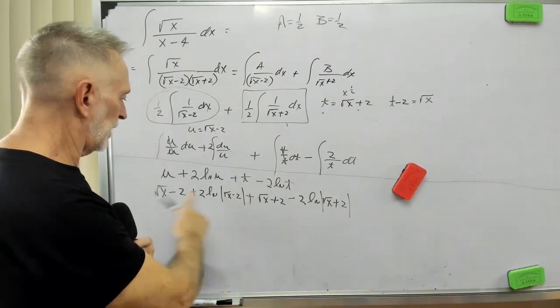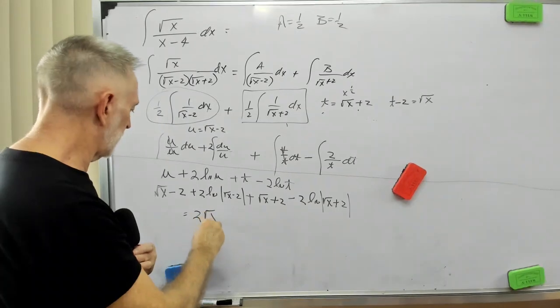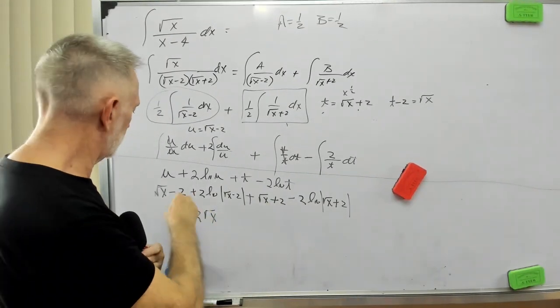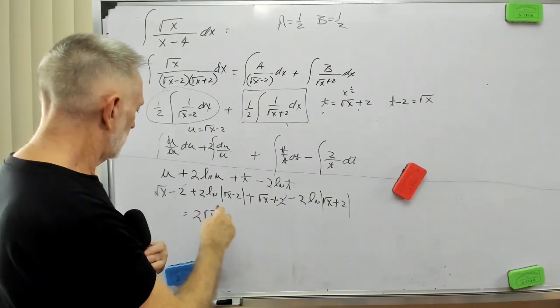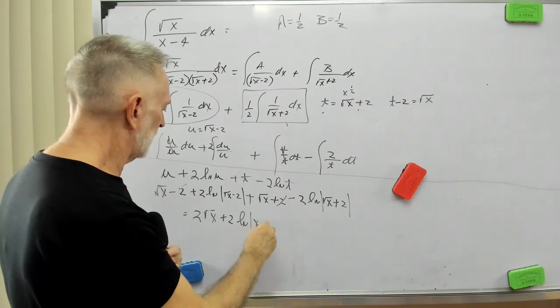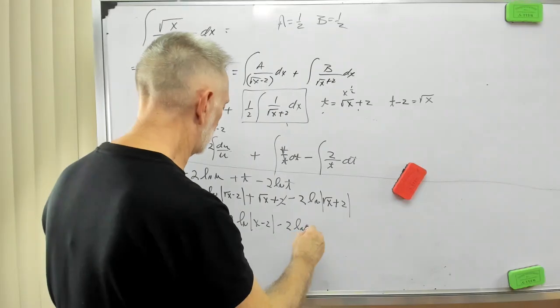All right, square root of x plus square root of x is 2 square root x. A negative 2 plus 2, those cancel, plus 2 natural log square root x minus 2, minus 2 natural log square root